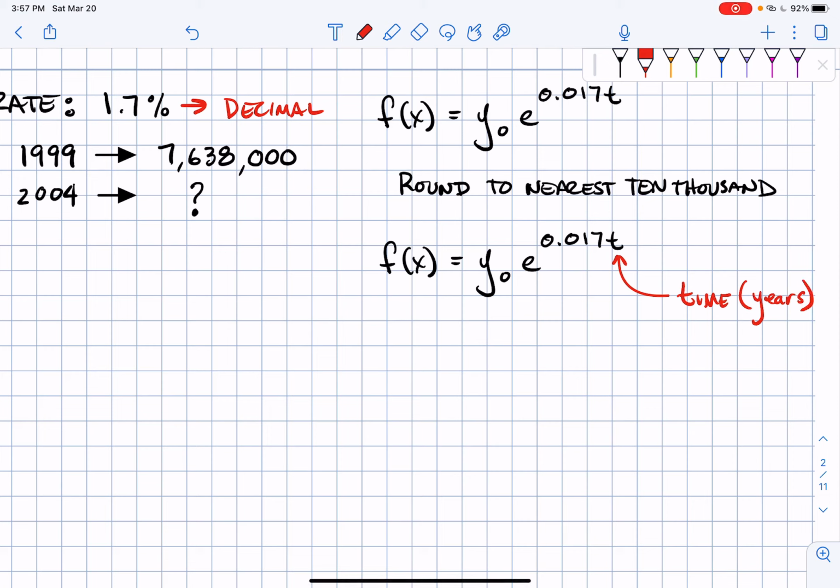Okay, next one. So this one here is my rate, which I typically want in decimal. Okay. The e is going to be e. It's right on your calculator. That's what you're going to use. And then here,